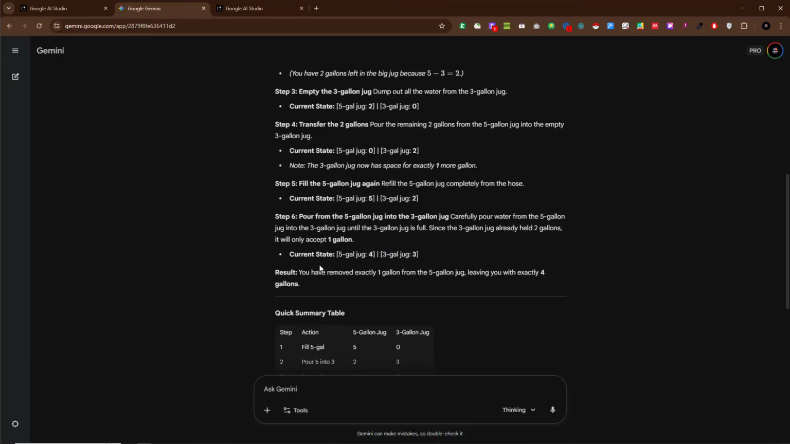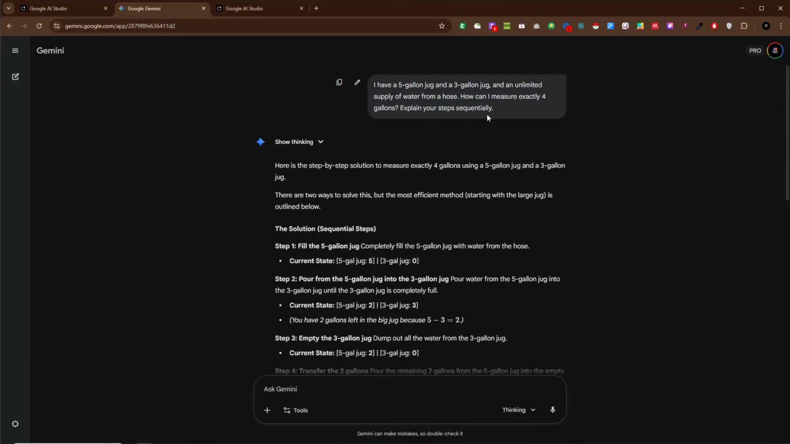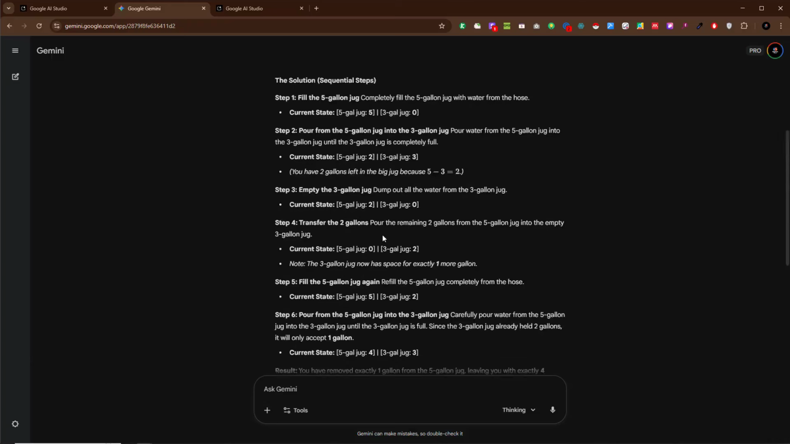So you can see the result it mentions: you have removed exactly 1 gallon from the 5-gallon jug, leaving you with exactly 4 gallons. And that was what we said it should do, right? I have a 5-gallon jug and a 3-gallon jug and an unlimited supply of water from a hose. How can I measure exactly 4 gallons? And our results actually gave us 4 gallons. If you prompt this to the previous models, it might give you a bad response. That is the wrong response. So you can see that this Gemini